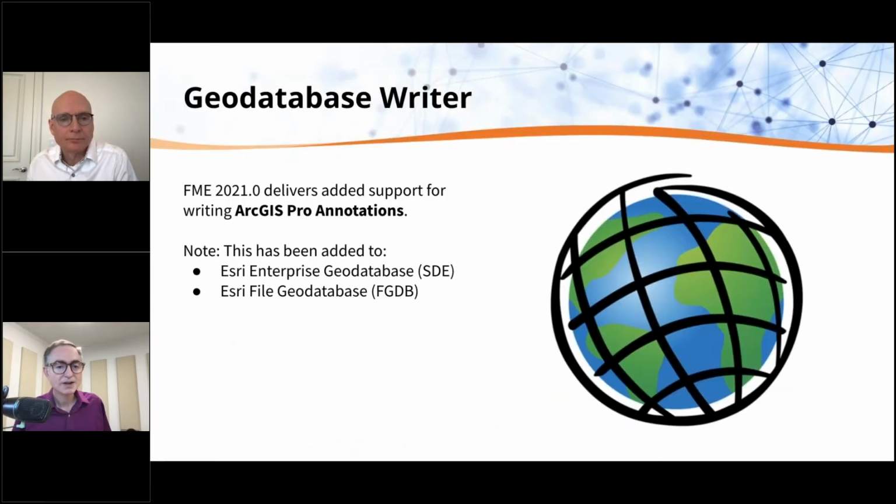Yeah. On the geodatabase side, we are pulling off a bit of dark sorcery in that FME will adjust to whatever ArcGIS product you have installed on your computer. And if you have all of them installed, there's a way to pick which one you want to use. In particular, there's a kind of annotation that's only available in ArcGIS Pro, and we do support that fully in FME 2021. So if you only have ArcGIS Pro installed, there's nothing to do. If you have several, I think by default we will go with Pro, but otherwise you can manually adjust that. And this is only relevant for file geodatabase and enterprise geodatabase.